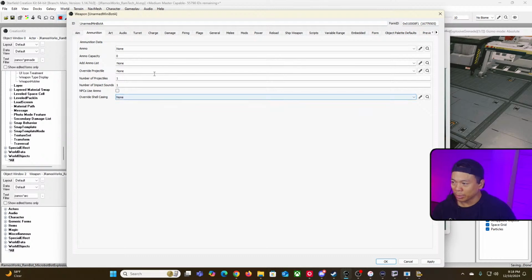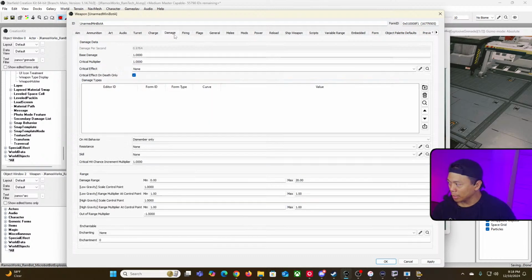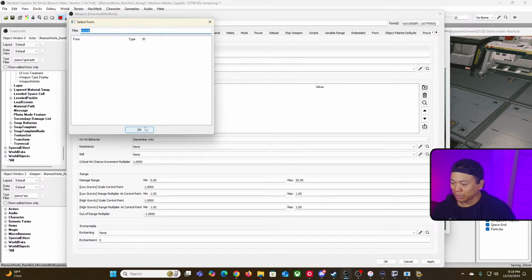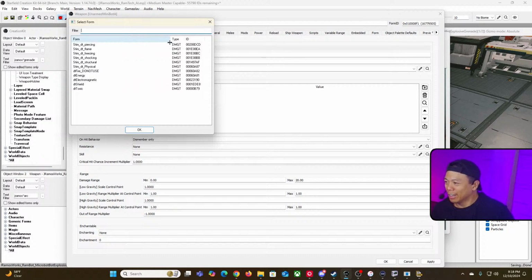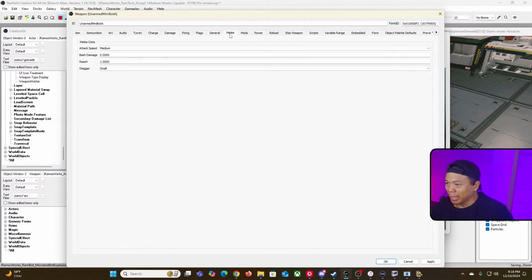Yeah, there's no ammo, there's no projectile. But the idea is when it does damage, it will do explosive. Or is it flame? I don't know anymore. But anyway, the idea was when it hits somebody with a melee,